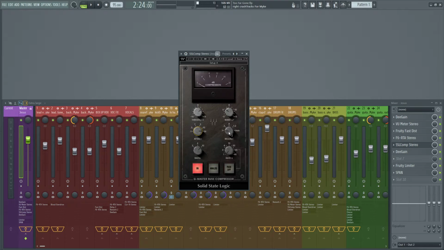30 ms attack time, and 100 ms of release. And our ratio is at 10. All right, this setting is what I usually use for the master bus, so that we can compress the whole mix. And I'm talking about even like whether